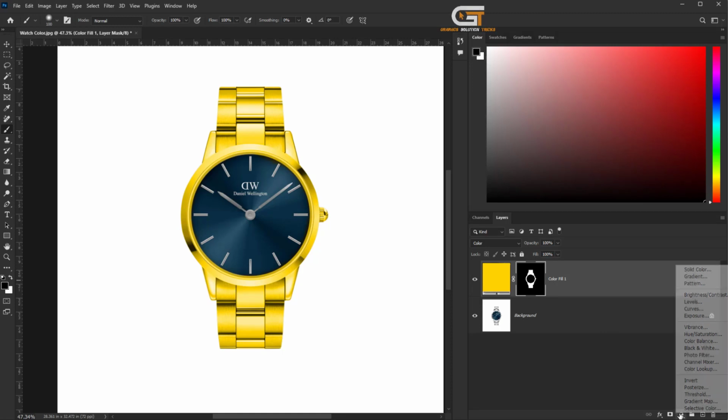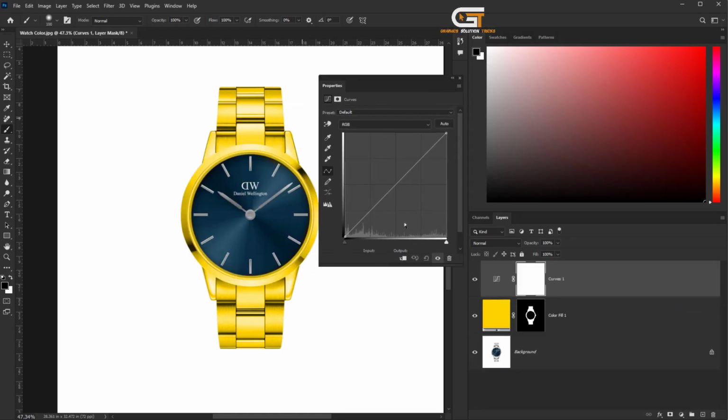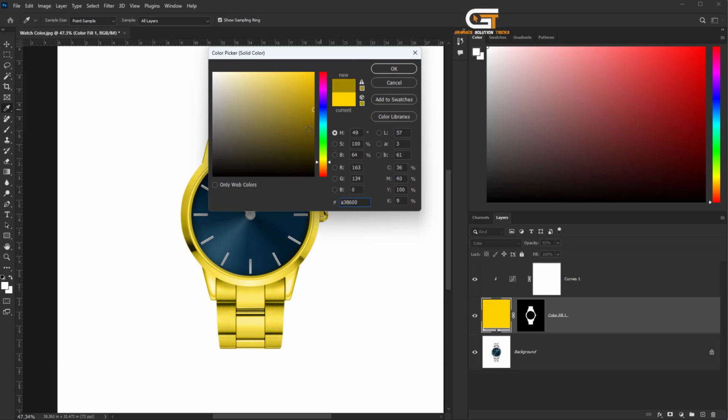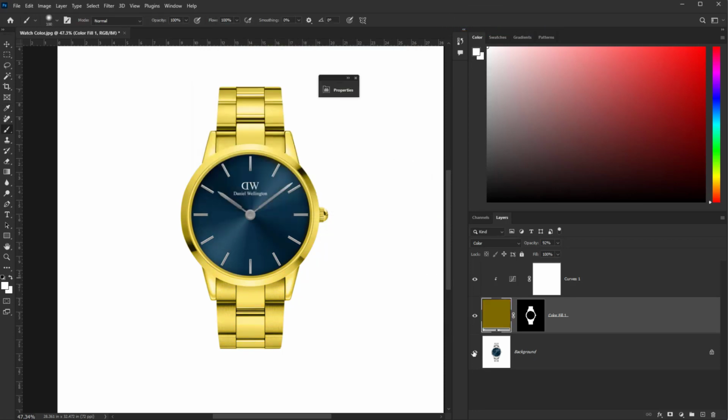Click on the adjustment icon, choose Curves, and adjust the opacity. Now we convert silver to